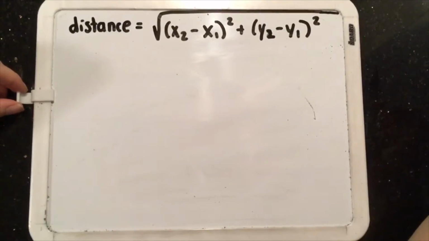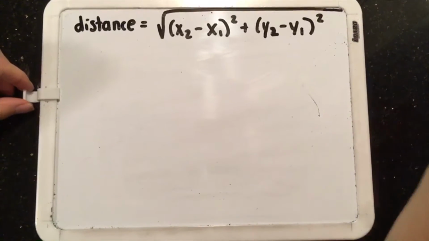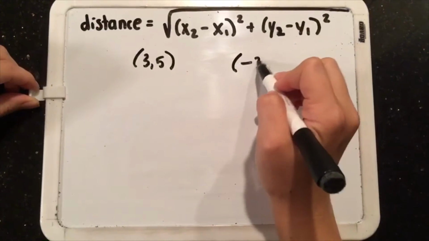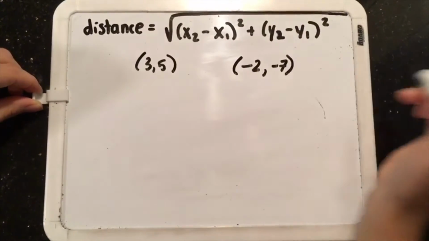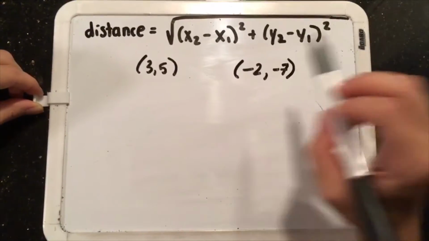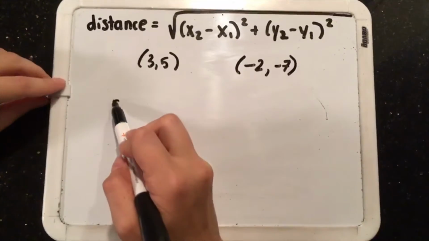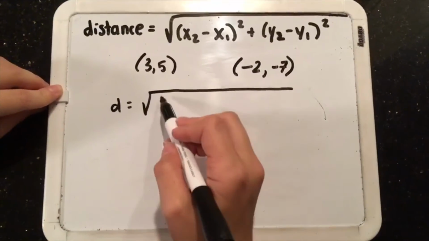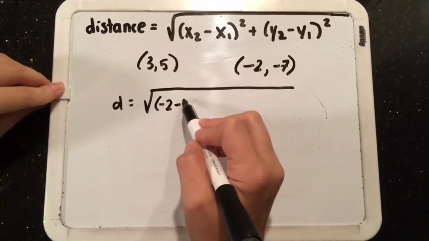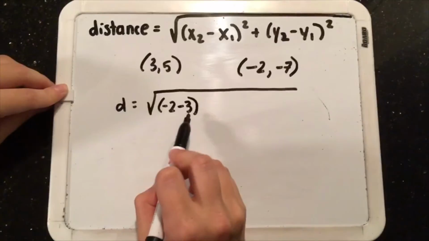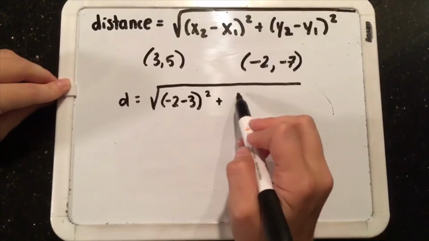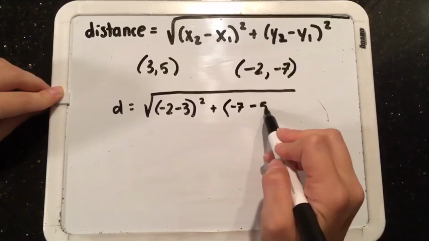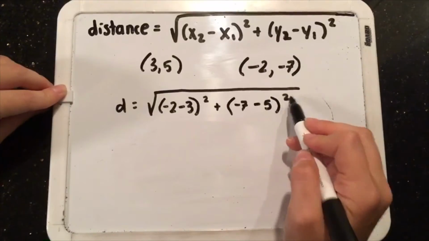I'll show you one more example in 2 dimensions, but using negative numbers. 3, 5, and -2, -7. We're going to use the same formula, but you have to be careful using these negatives. Distance equals square root of difference of the x terms. So now we have -2 minus 3. x2 minus x1 squared plus difference of the y's, y2, -7, minus y1, which is 5, quantity squared,